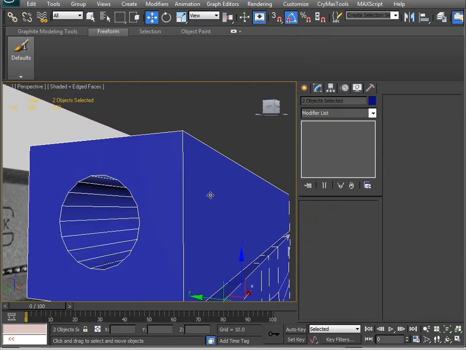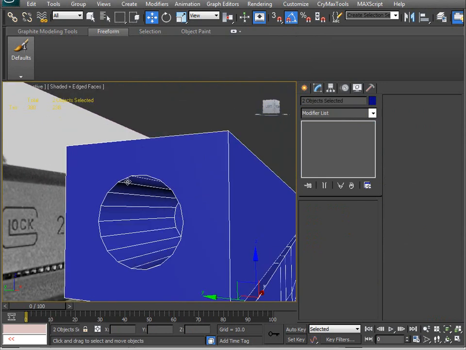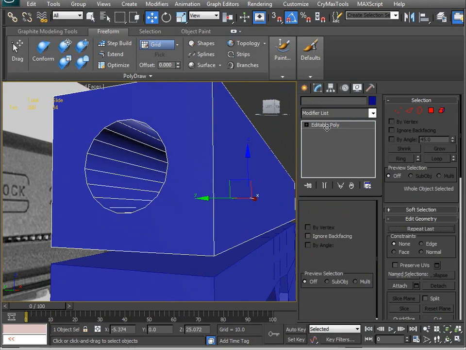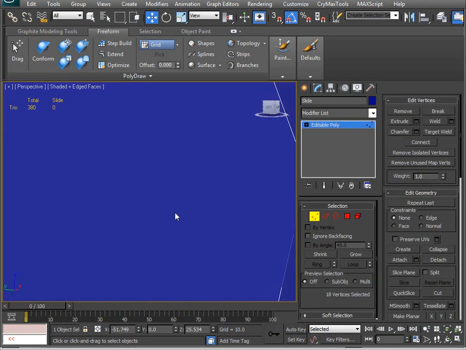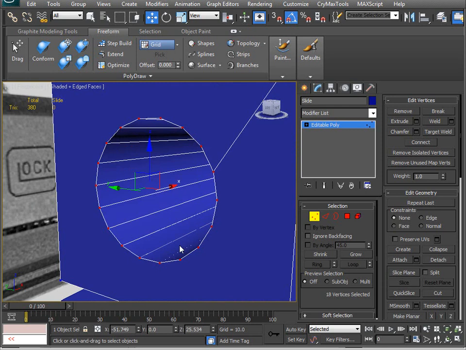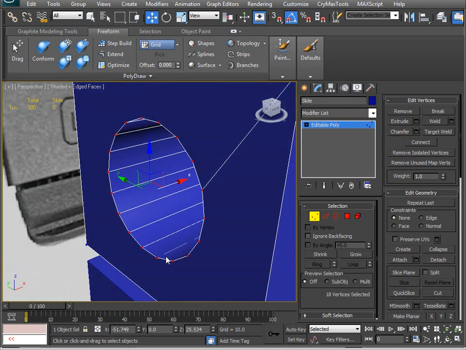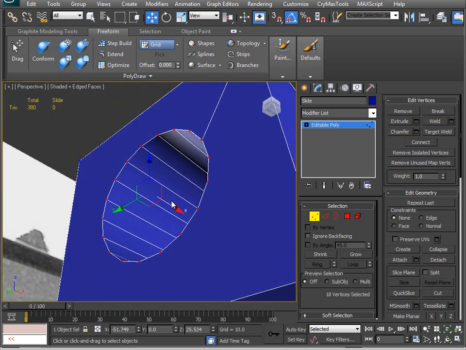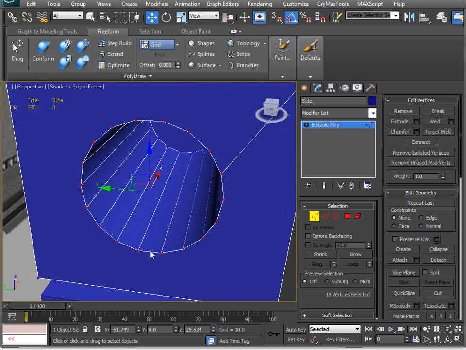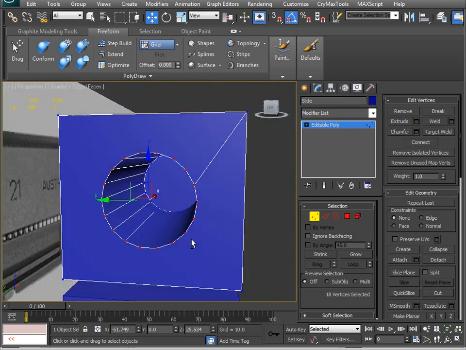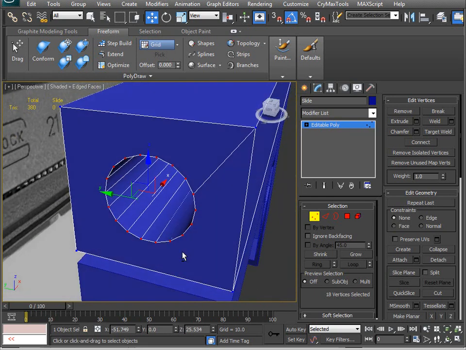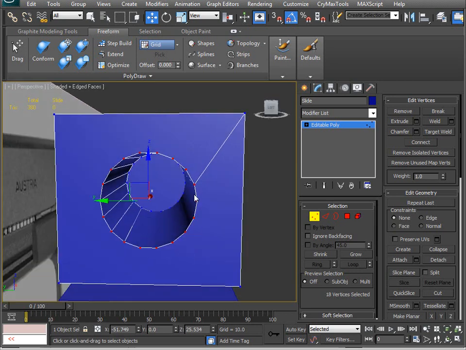Okay, so now that I can see everything, I'm going to go ahead and clean this up. If I hit 1 here, I just want to double check that I didn't get any extra verts. They have vastly improved the Boolean over the course of the generations of Max. Sometimes before it would leave extra verts that you'd have to clean up manually, but it seemed to do a pretty good job. However, I want to get myself back to triangles, and so what I'm going to do is